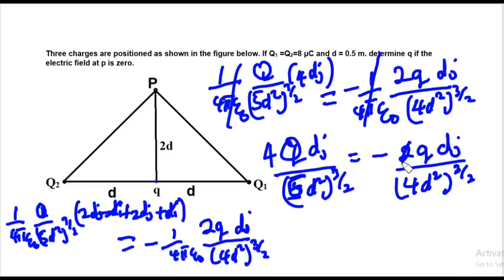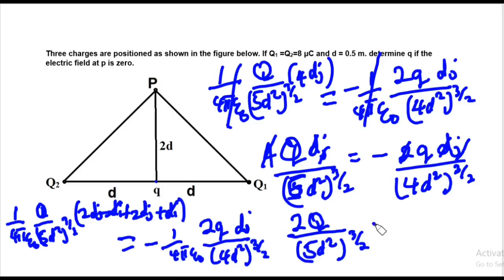So this can cancel this, so that we have 4qdj upon (5d²) to the power of 3 upon 2 equals minus 2qdj upon (4d²) to the power of 3 upon 2. So this can cancel this, and this can cancel this. So we will be left with 2q, and this can also cancel this, so that we are left with 2q upon (5d²) to the power of 3 upon 2 equals